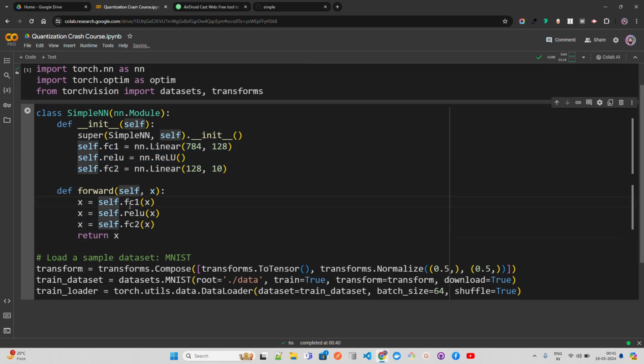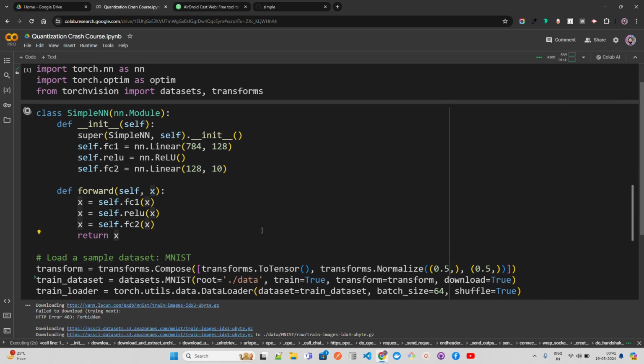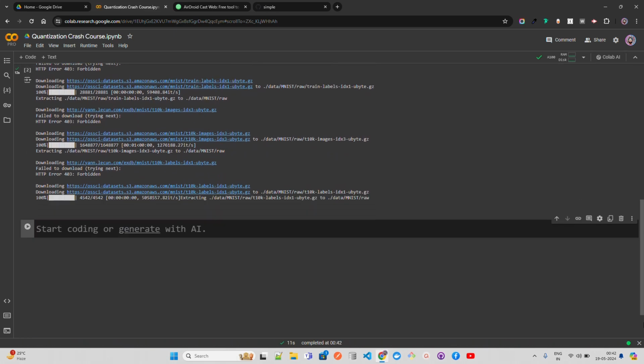Then we are loading the simple MNIST handwritten dataset, and let's first run it, and then we go into it. It will download from Yann LeCun's site, yann.lecun.com. It takes a bit of time to get the data in. It cannot get it the first time. There's something wrong, but this is fine.